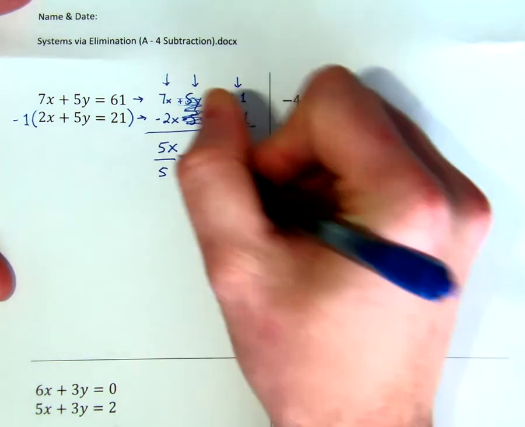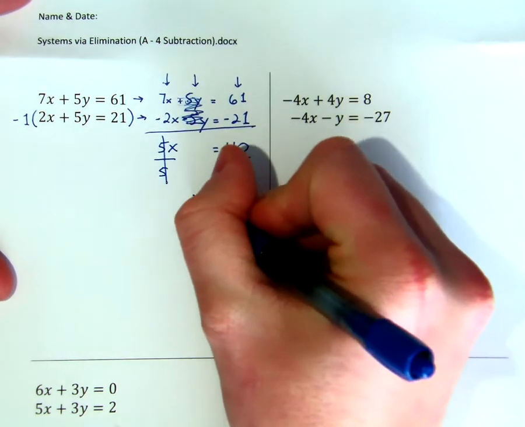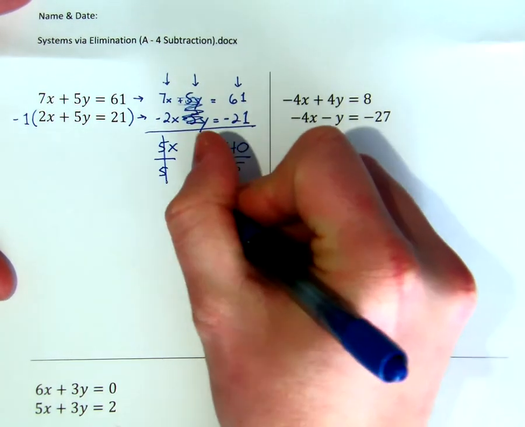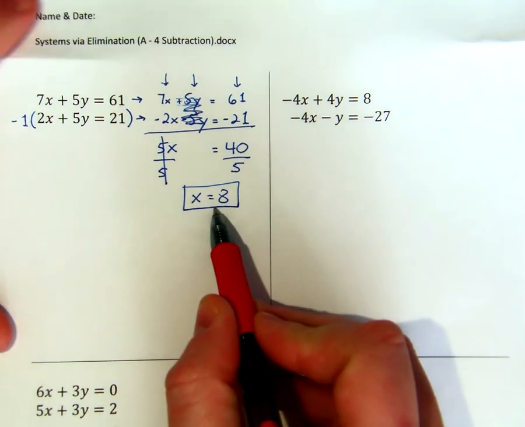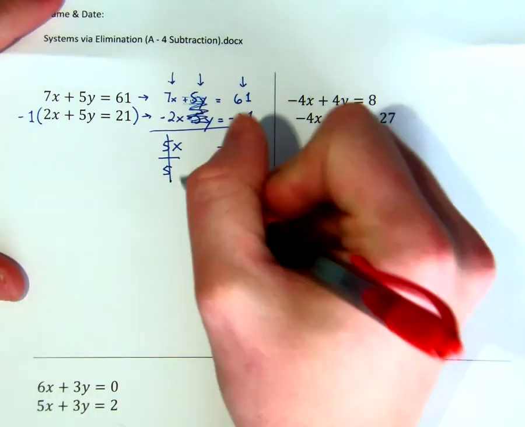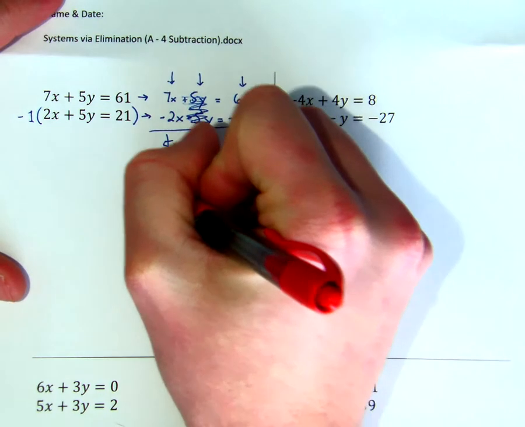We undo 5 times x with a divide by 5 and find that x equals 8. This is good news. We know what x equals. We also need to figure out what y equals. In order to find out what y equals, we're going to substitute x for 8 in one of the original problems. I'm going to choose the top problem,